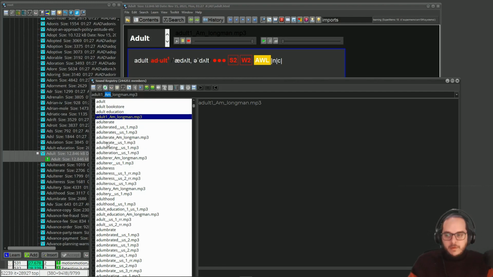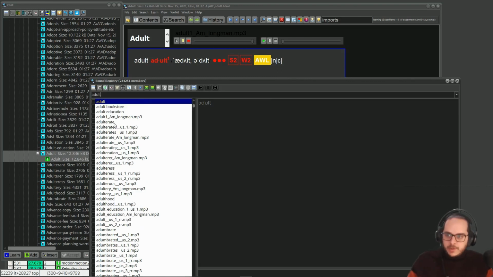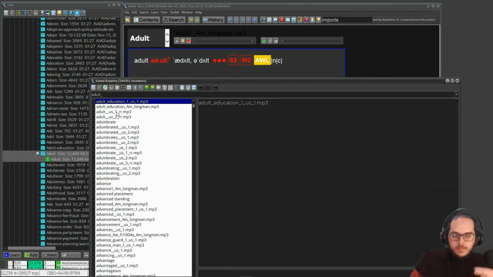Will be before, or adult, and then I have T. Any lowercase letter will be before the underscore. So for me, it's as easy as going adult. In case it's not found, adult. Oh, I don't see the Oxford, American Oxford, or Cambridge. What I do is underscore, and since I know that most of the time this dictionary is using two underscores,